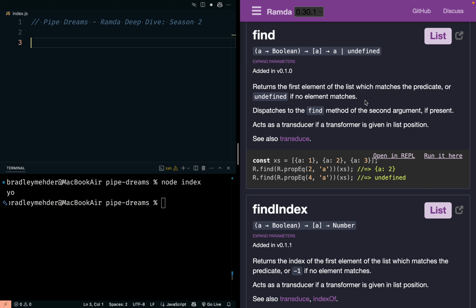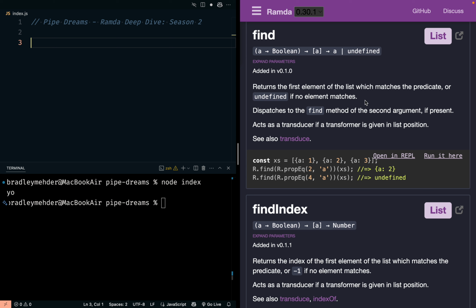So the relevancy of Ramda has outlived so many other, what should I say, libraries and frameworks that are eventually replaced by something better, faster, more performant, more taking advantage of newer things that come out. But Ramda, I feel like, is going to survive. It's so simple. Well, I shouldn't say simple. I mean, it's both simple and complex at the same time. That's what's great about it.